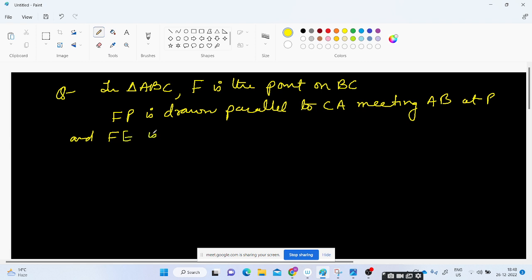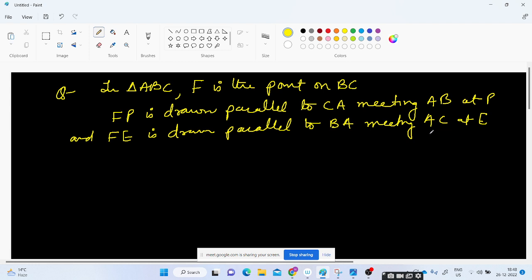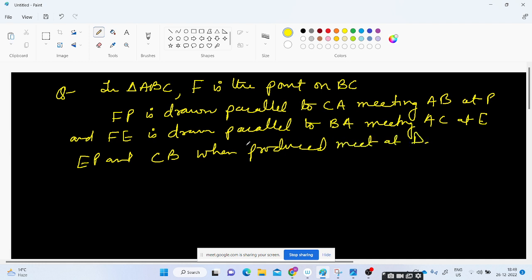FE is drawn parallel to BA, meeting AC at E. EP and CB when produced meet at D, prove that DF square is equal to DB into